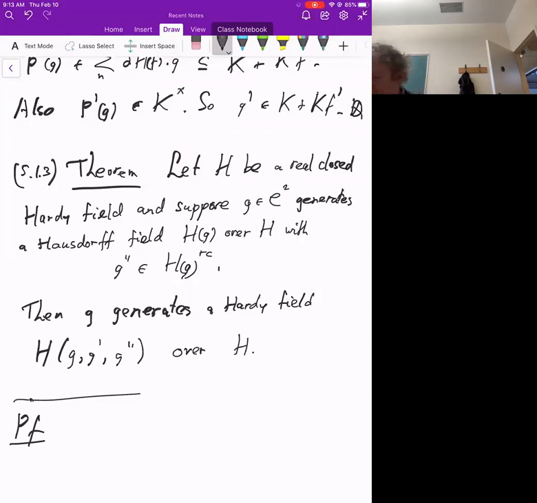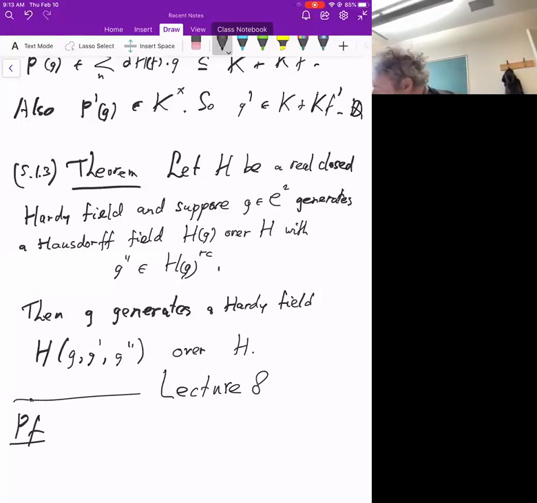And now we are going to give the proof, which is somewhat lengthy, but I have plenty of time today, so I'll get through it. So maybe I should say, enter lecture 8. This is the main goal today, to prove this. This is also the main result in that paper of Boshernitzan that I mentioned. Okay, so first we are